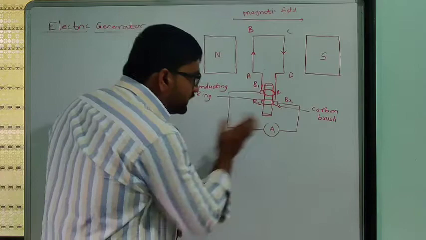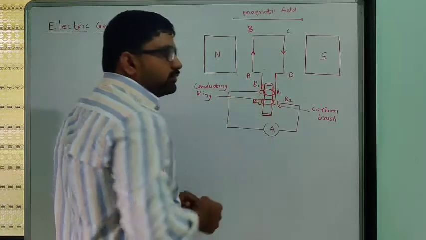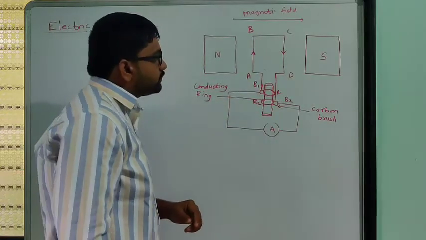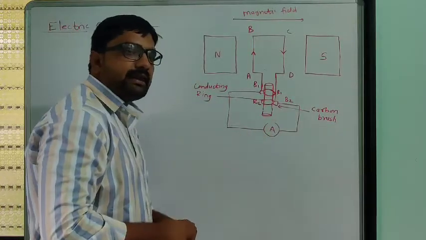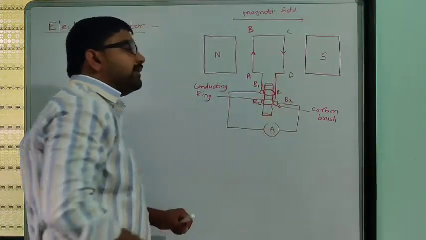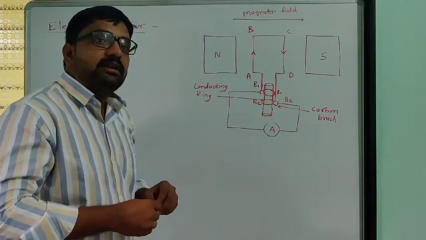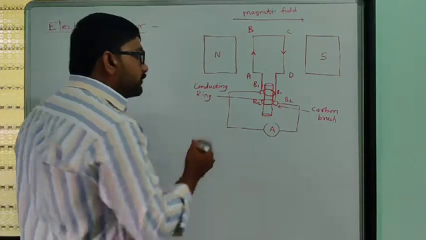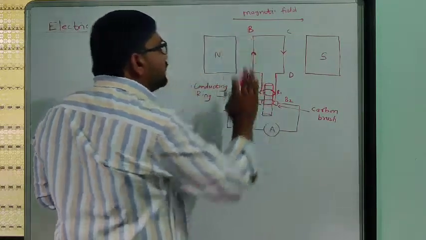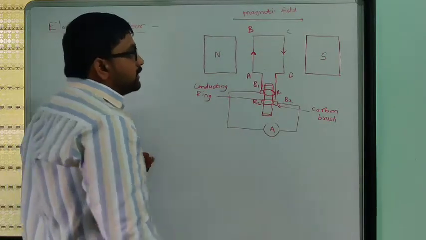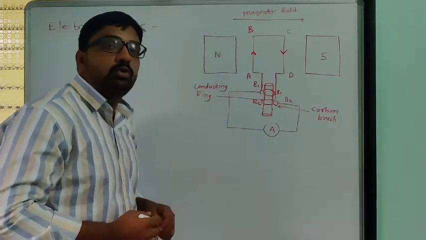As we move this axle, the coil present inside will also move. And we know that as we move this coil inside the magnetic field, current will be induced here. So you have to remember the diagram of the electric motor. Current induced in branch AB will be in the inward direction, and current produced in branch CD will be in the outward direction.